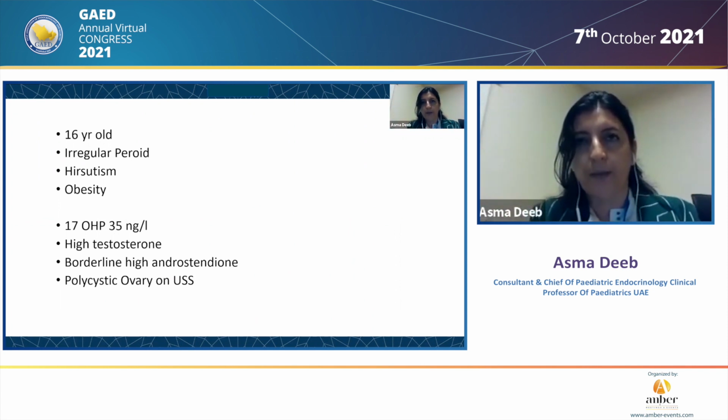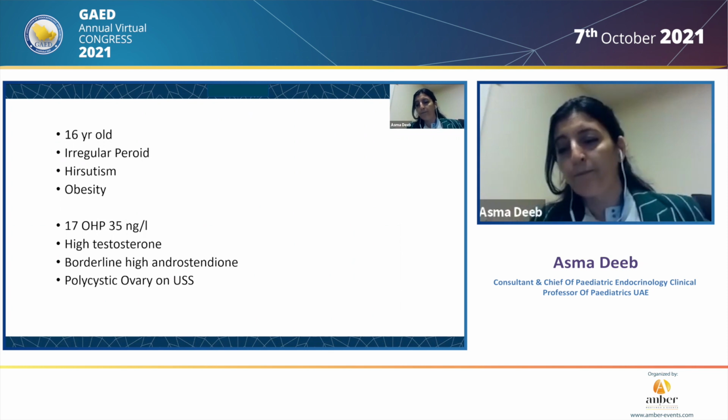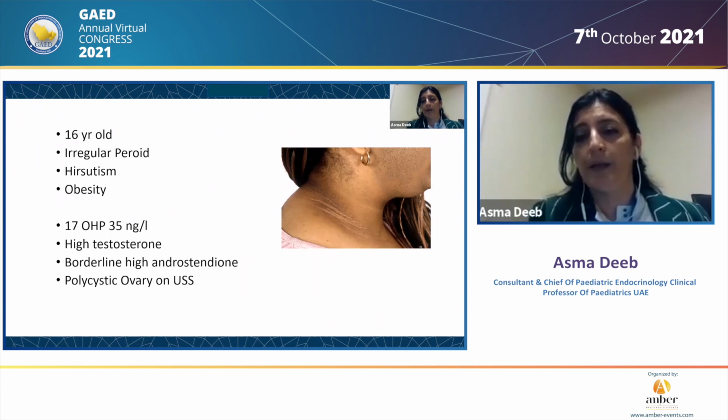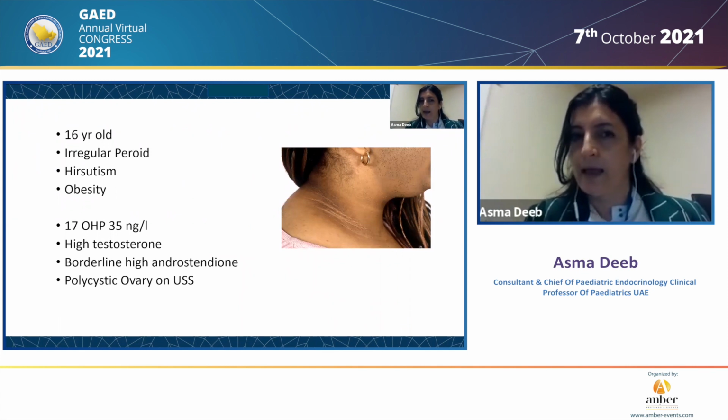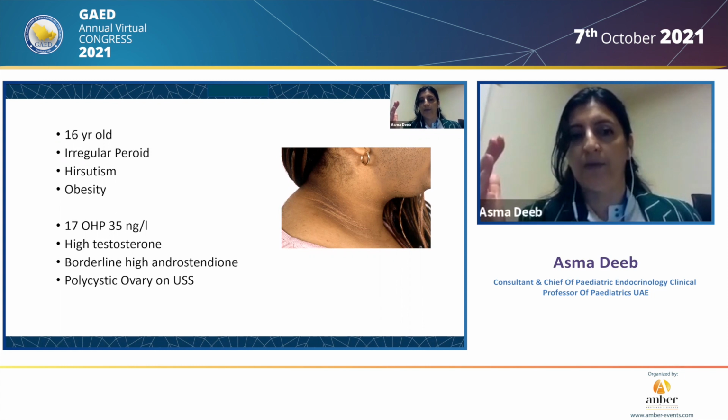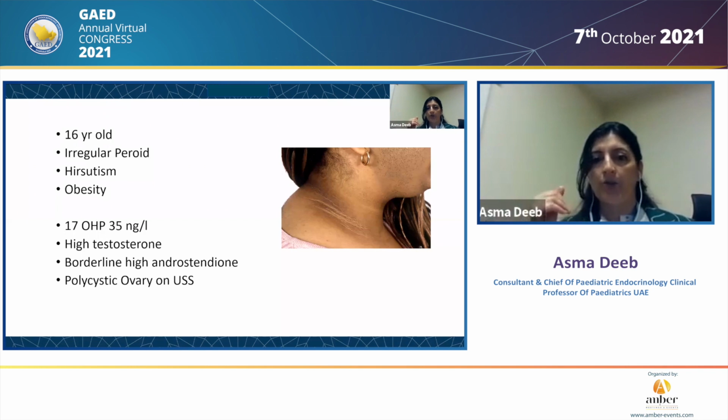We talked about the simple virilizer. The end of the spectrum is the non-classical disease, where this girl is a classical example, so she's a 16-year-old girl who presented with irregular period, hirsutism and obesity, and she had high metabolites of 17-hydroxyprogesterone. She had polycystic ovary on her ultrasound